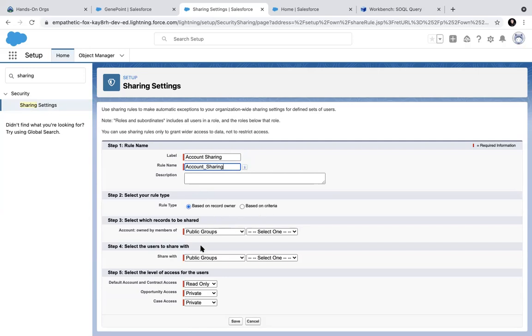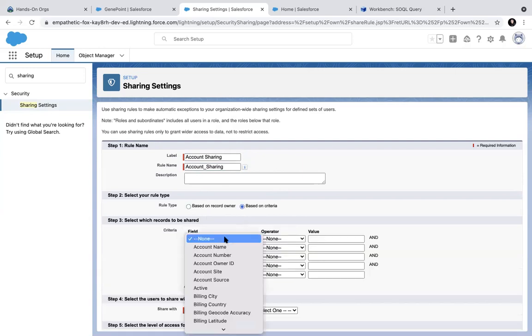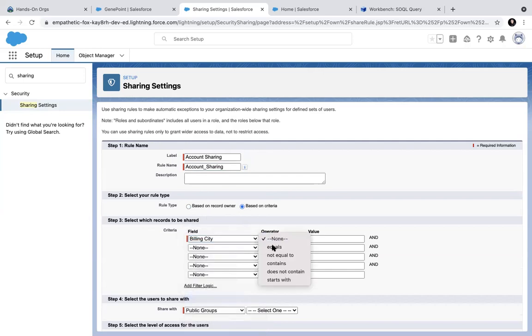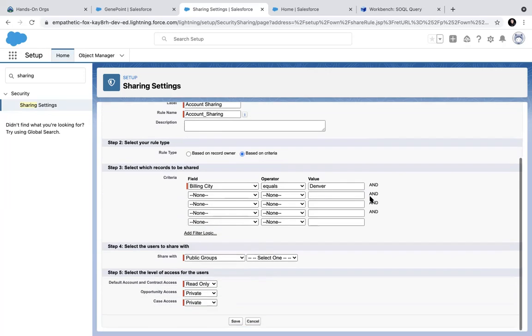Now I said that record owner can be selected either as a public group or a role. You can share this to another public group or a role. What is the access? You can give default read only or read write, whatever you want to choose. Based on criteria, you will select any field like billing city equal to Colorado or like Denver. Then only this record will be shared to this public group or a role.